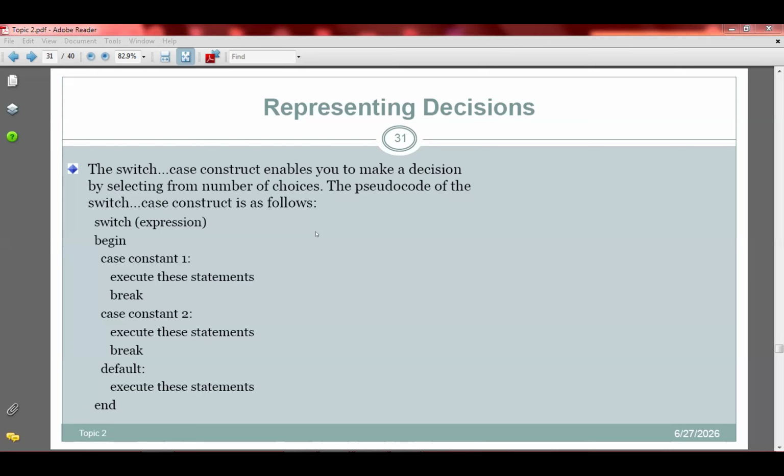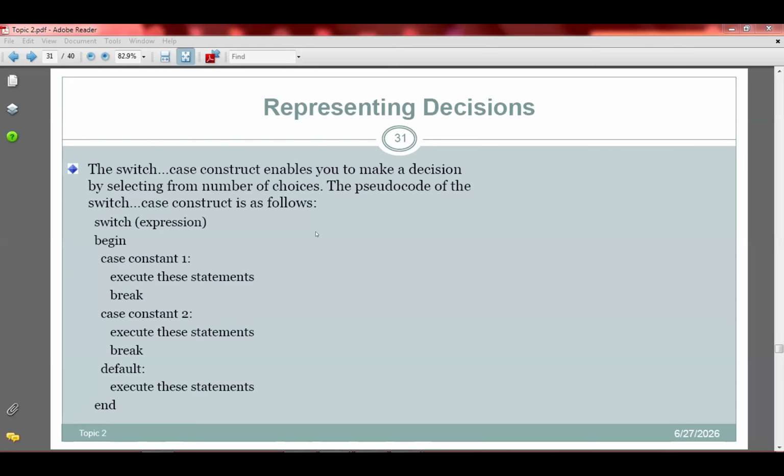In programming, basically, we have these four types of decision construct: simple if, if else, if else if, and switch case. And I say simple if, it is used to ask the computer to execute a set of instructions based on an outcome of a condition. If the condition is true, that set of instructions is executed. If the condition is not true, the computer does nothing. That is the simple if.